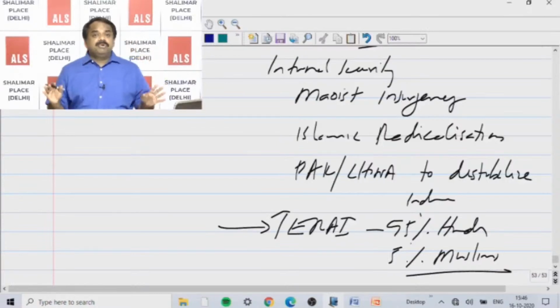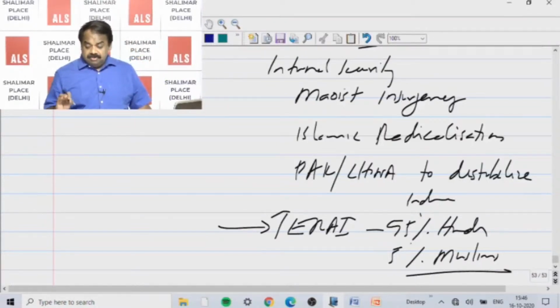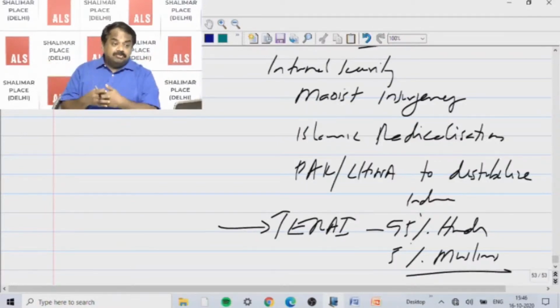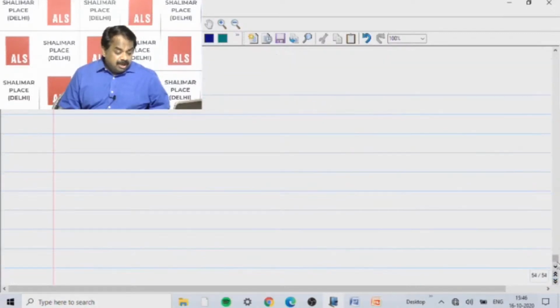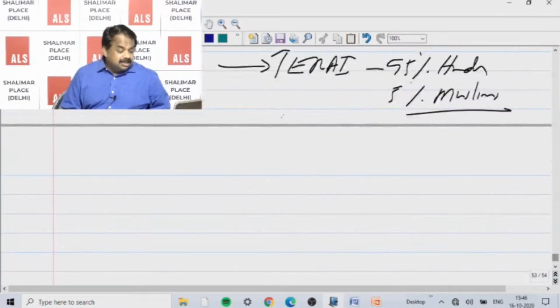Right now there is communal harmony, but if you unnecessarily provoke, there can also be a communal angle in future. If there is so much of a communal angle in UP today, it can definitely be extended to Nepal in future, and then in a politically destabilized Terai region,